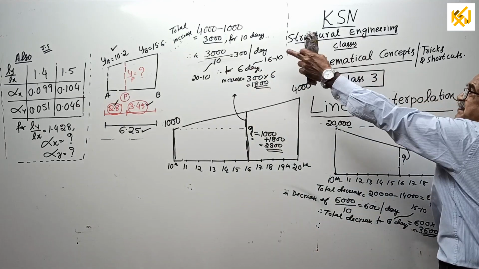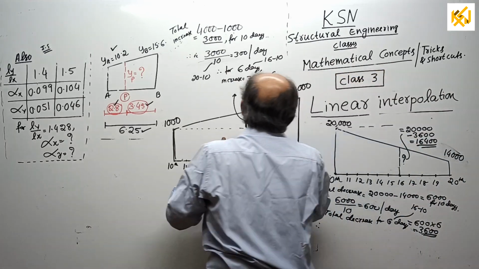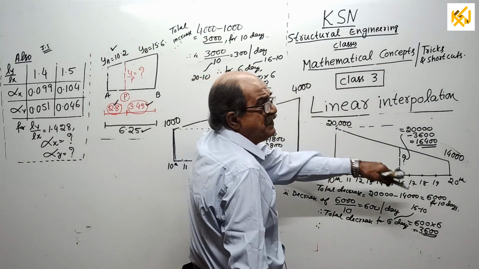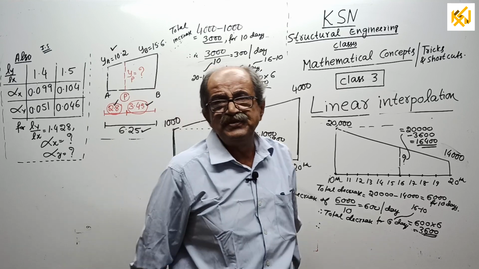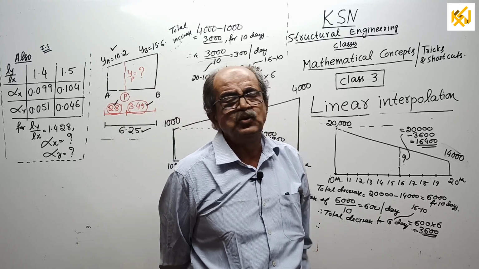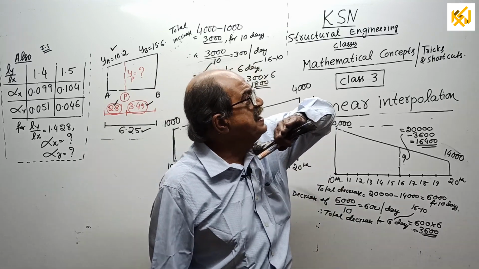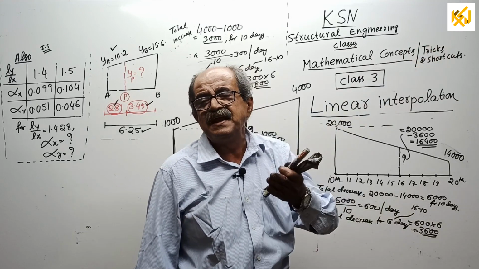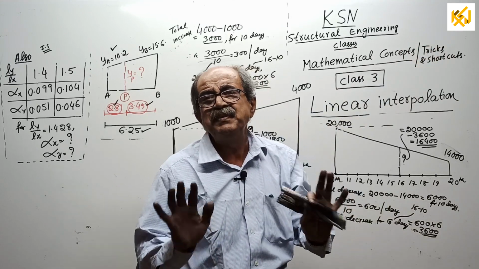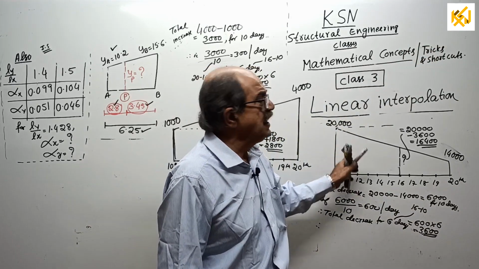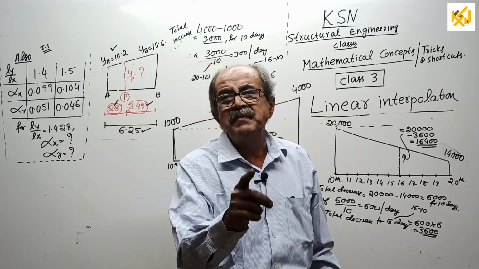Then you have to apply that theory. Or here, you can start from this side, then you have to apply this theory. It means you decide firmly whether you want to go along the increasing trend or the decreasing trend. Accordingly, apply the principle. Now, I will tell the real mathematical concept here.